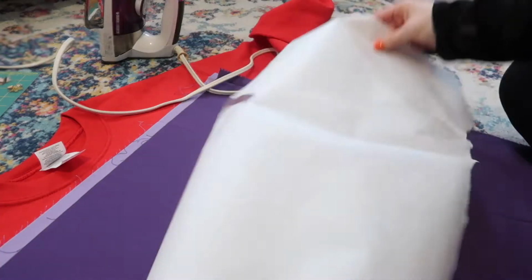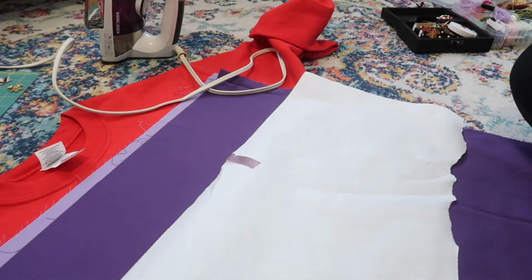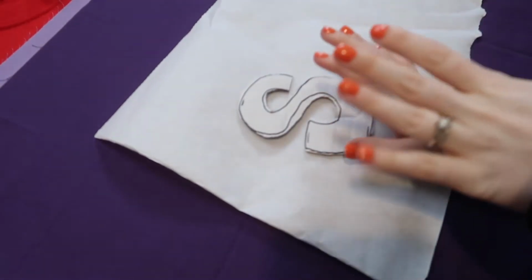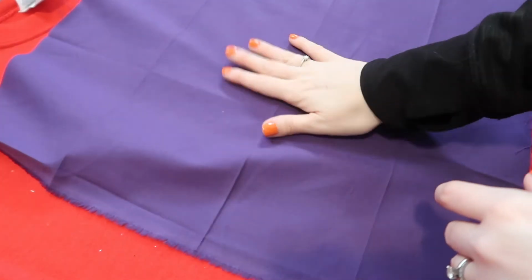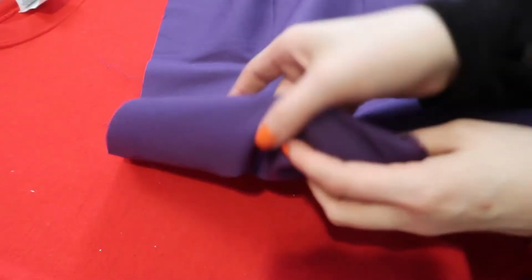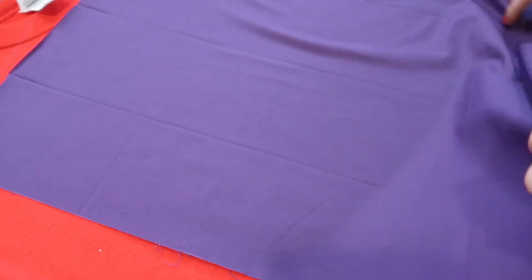So shiny side down, now this is where it gets a little tricky because you have to do everything backwards. So if you have a fabric that has a front or back, like a specific print, you're gonna wanna make sure you're on the bad side. So if this is the front side of the fabric, I'm gonna put that face down. I have to iron this a few more times. It just won't become